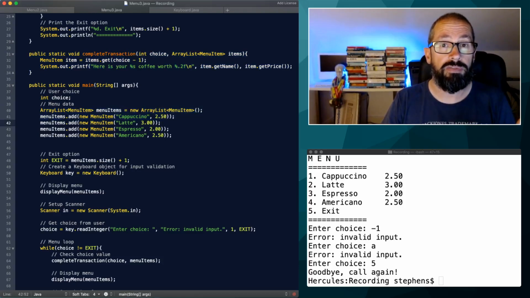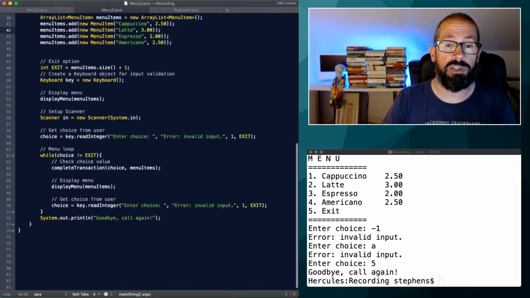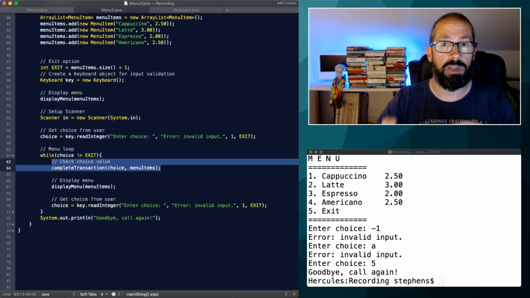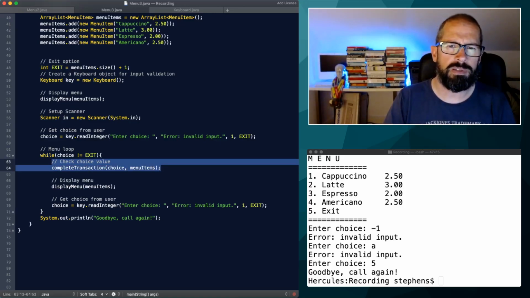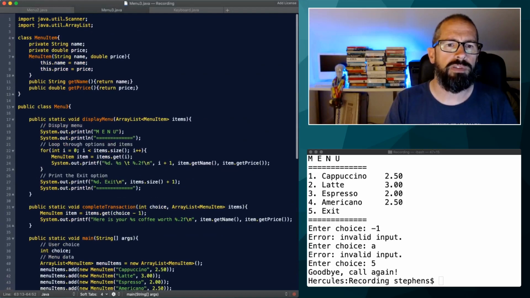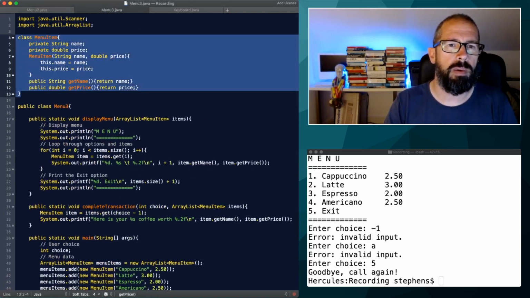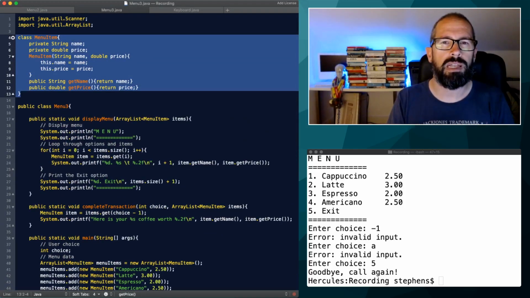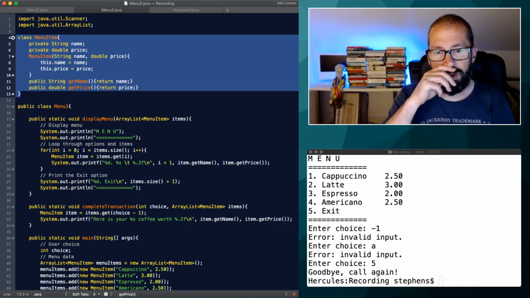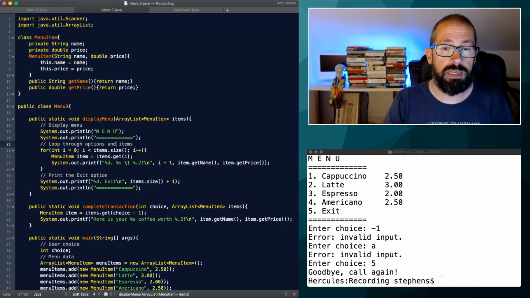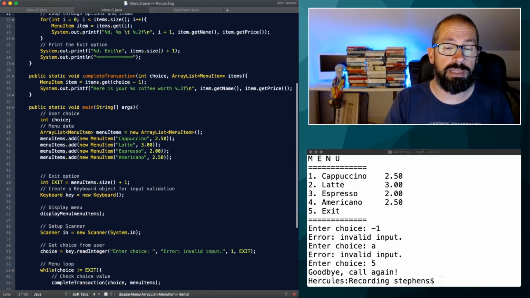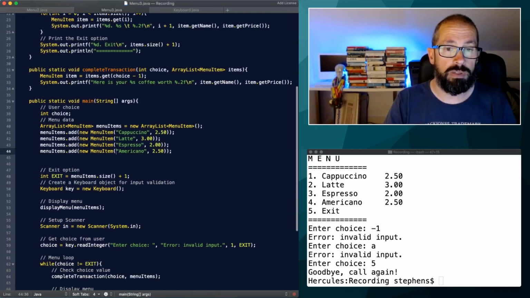As a kind of side effect of that, our whole conditional block has now disappeared, and we've replaced the actual activity of what happens with a single method called complete transaction. That's much nicer. And of course we've added this nice little compact menu item class to encapsulate what a menu item is. And it is much more flexible, because as you can see, what I'm going to do here now